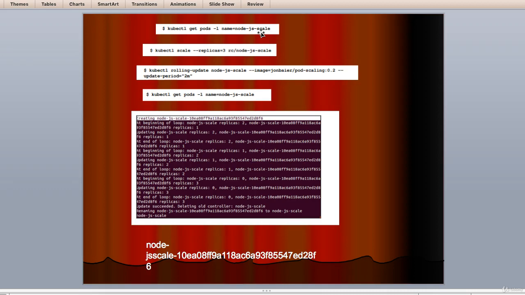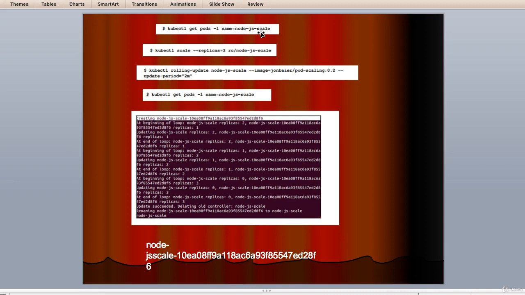The scaling will only occur if the actual number of replicas currently running matches this count. After listing our pods once again, we should now see three pods running with names similar to node-js-scale-xxx, where the x characters are a random string.